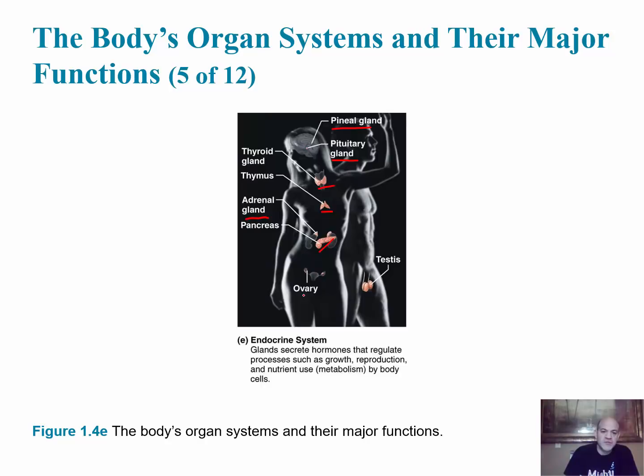And then the sex organs, the ovaries and the testes, also serve as glands. The ovaries produce estrogen and the testes produce testosterone. And overall, these structures produce chemicals called hormones. So they secrete hormones, and hormones are involved in regulating processes such as growth and development, reproduction, and the use of nutrients and your metabolism. There's an entire chapter on the endocrine system, and it's usually the first chapter of the second semester